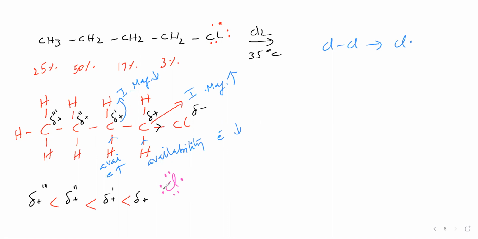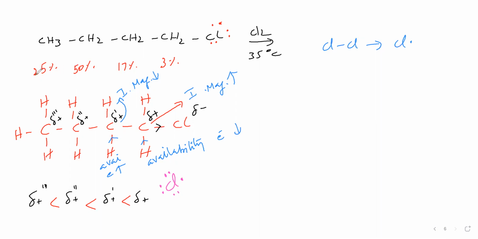Therefore, hydrogen has to come here with 1 electron. But availability is low here. Therefore, the tendency of this hydrogen to come with 1 electron is less when compared to this. Therefore, it is going for a lesser extent of halogenation when compared to this. So percentage yield is less here, more here. Here even more, because inductive effect is less here, still less.